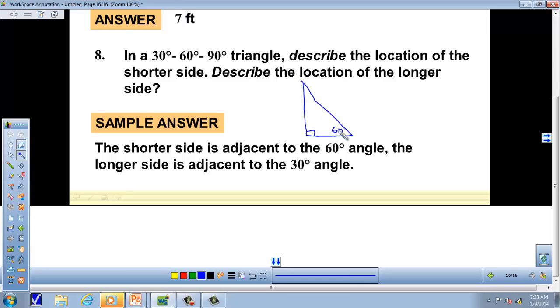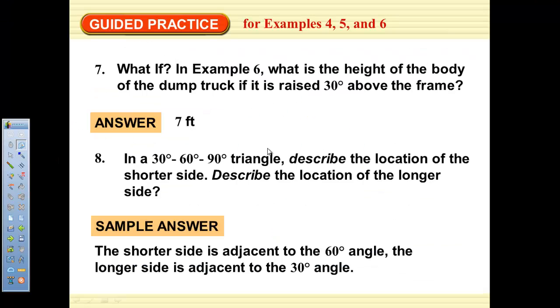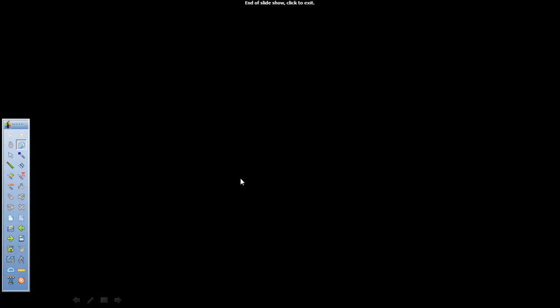So here's the 60-degree. Here's the 30-degree. These 2 sides are equal. And what they're saying is that the shorter side is right next to the 60-degree angle, these are both x, and the longer side is right next to the 30-degree angle. Basically, if we know these 2 sides are equal, we're done. We could call this